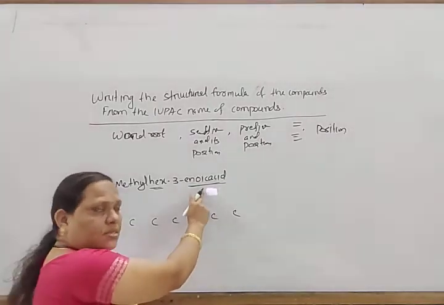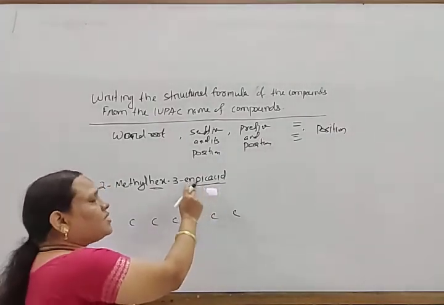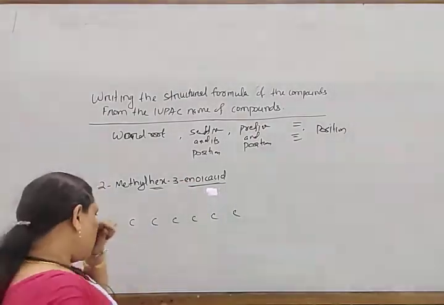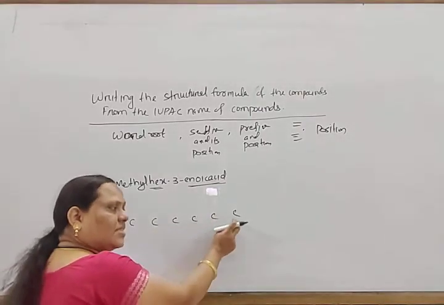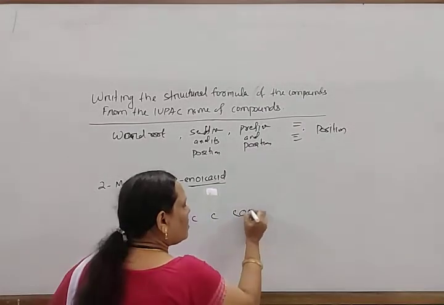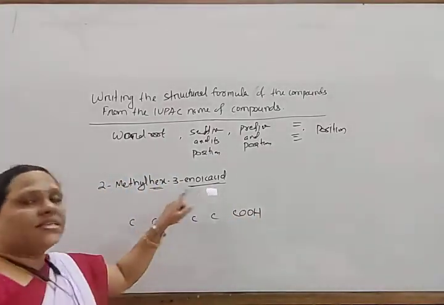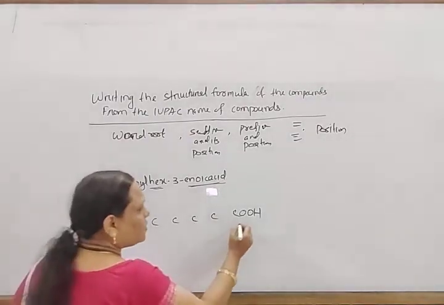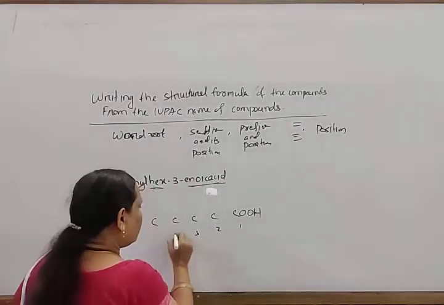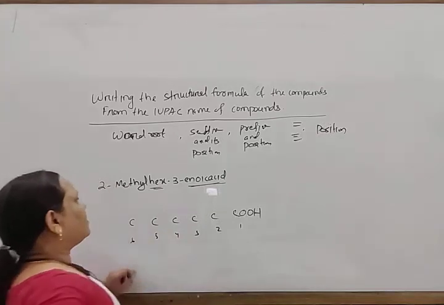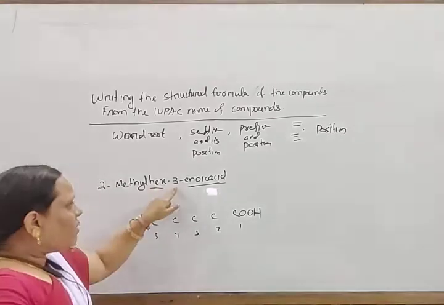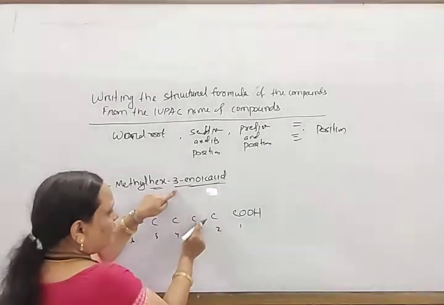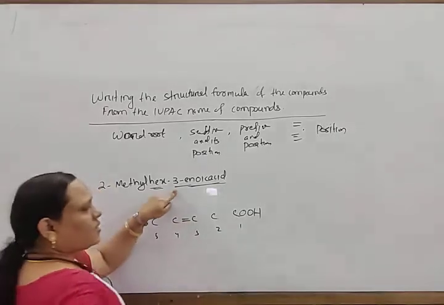This is the primary, this is the secondary suffix, and the main suffix. Then this is 1, 2, 3, 4, 5, 6 is given. So the 6th position write down. You know, in carboxylic acid, as it contains carbon, counting always starts from here. This is the position 1, then 2, then 3, then 4, then 5, then 6. Then double bond is present at 3 position. This is given 3-en. So 1, 2, 3. And after this 3 position, give the double bond.